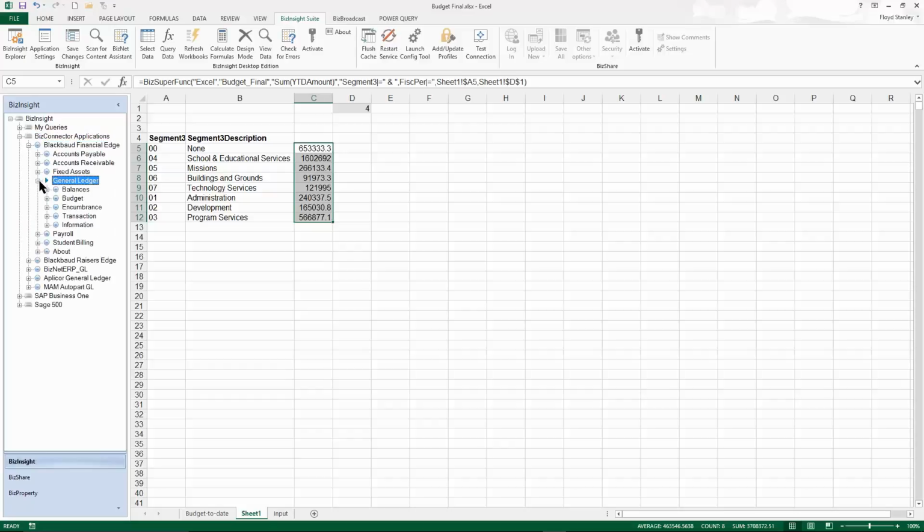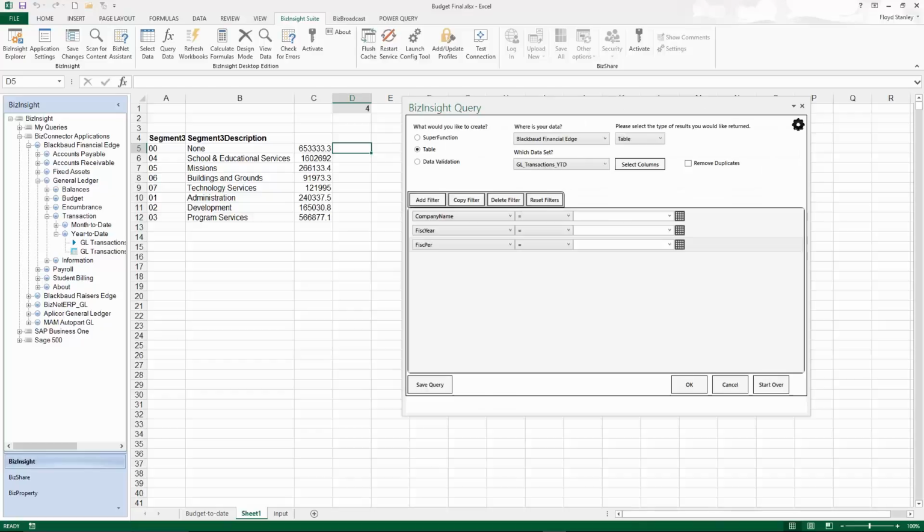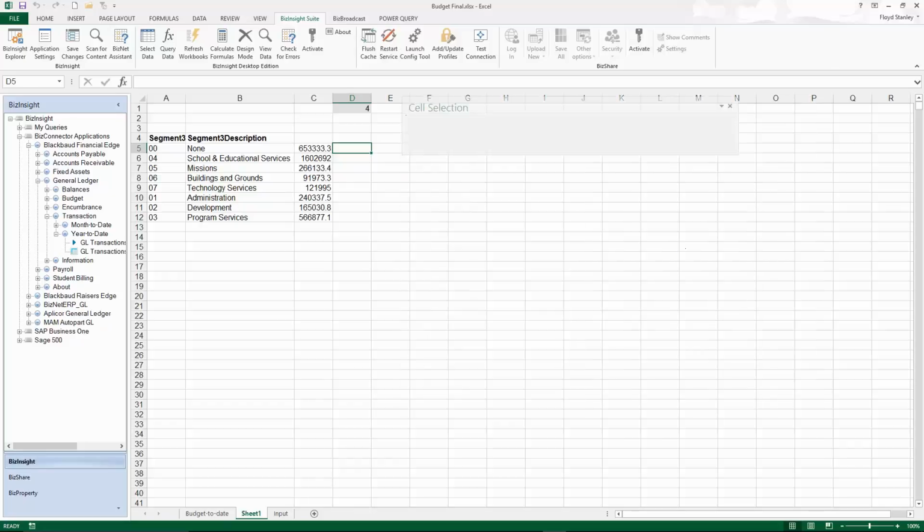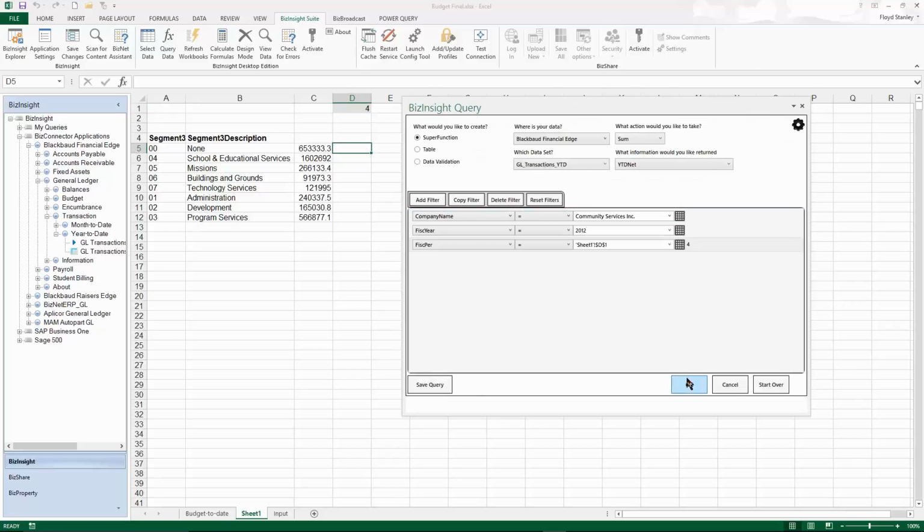But in this instance, I want to use Blackbaud Financial Edge, General Ledger, Transactions, year to date, and I can do transactions year to date by account number or transactions year to date. I'm going to drag that in to that supporting cell, and you notice that by default it wants to create a table to bring back that tabular columnar information. What I want to do instead is get a sum of the year-to-date net. The direct connector will show my company name, and I'm going to pick 2012, and I'm going to pick that fiscal period. I'm going to say OK,